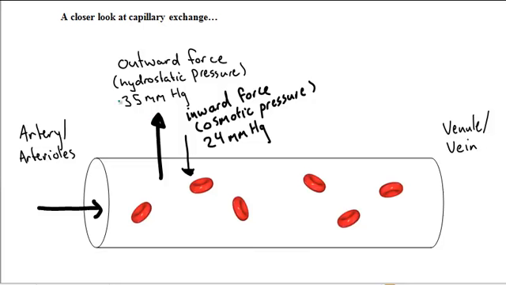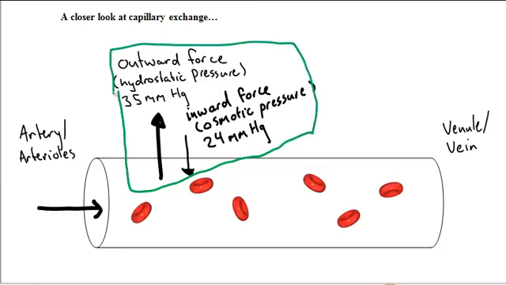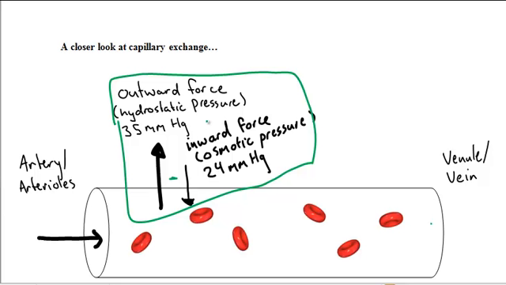And if you consider the two forces, outwards and inwards, we get a net outward force of 11 millimeters of mercury. So at the arterial end, things are forced out of the blood vessel, including water, salts,